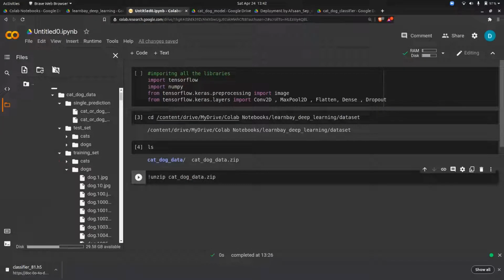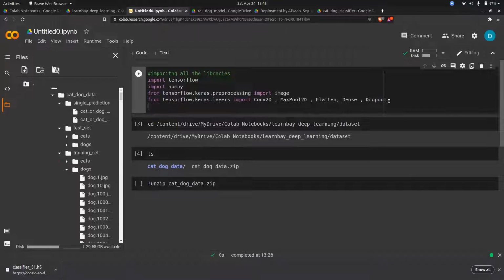Let me explain it. The first thing you have to do is import something called the data generator, and I will tell you what it does. To import, the first thing is from keras.preprocessing.image import ImageDataGenerator.